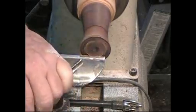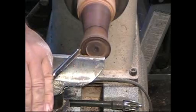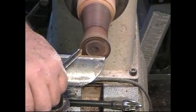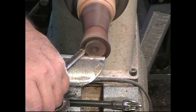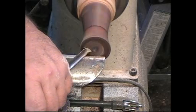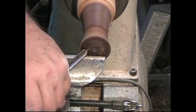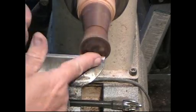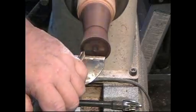Now, we're going to start way back here at the edge. Follow along with me. I am almost dead vertical with the flute. Then I'm going to roll it over until it turns on. And that's all glue I'm taking off right now. I'm going to push across. That just gave me a fairly alright surface. I'm going to go back and